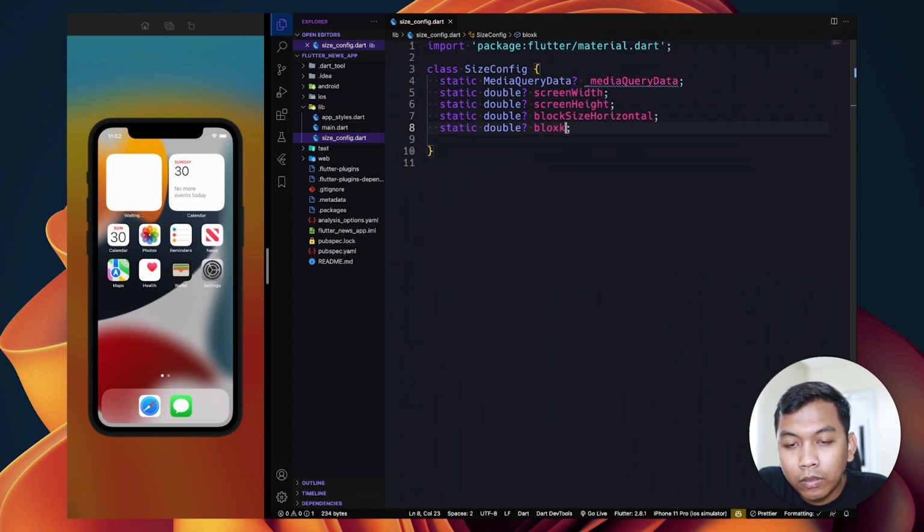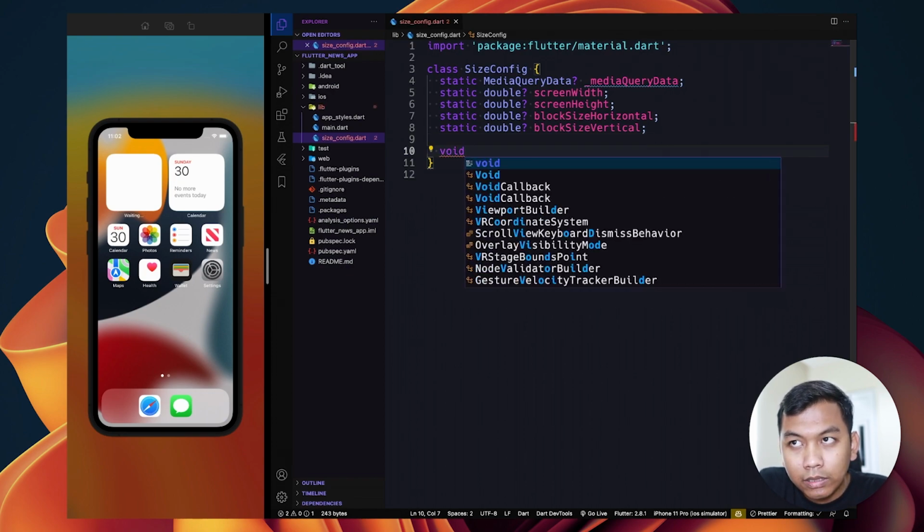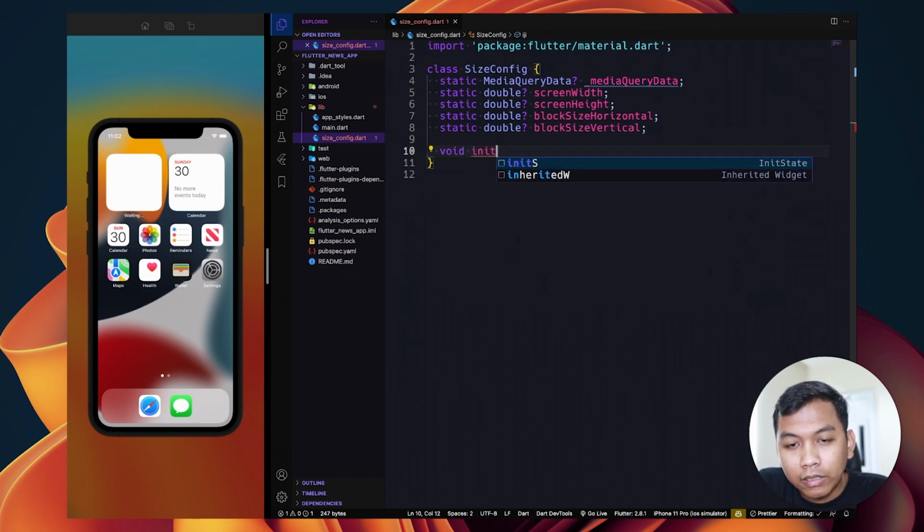And this to blockSizeVertical. And this will be useful on main.dart. And this file will be useful later. So first let's create an init function.